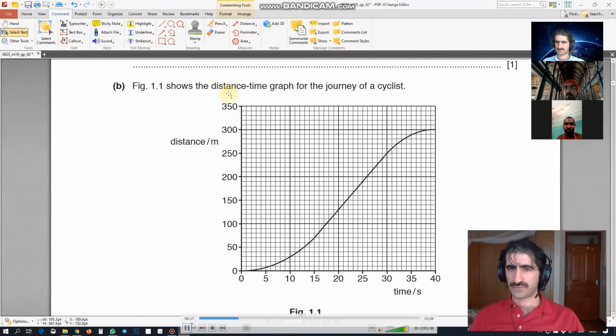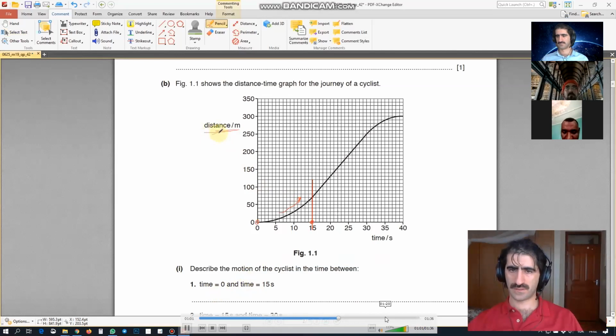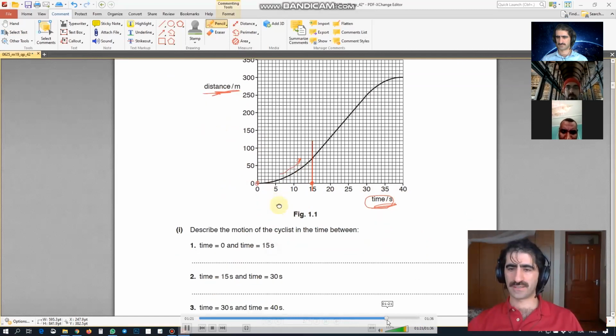Figure 1.1 shows the distance time graph for the journey of a cyclist. Okay, we see the graph. Describe the motion of the cyclist in the time between 0 and time 15. This is a distance time graph. So in a distance time graph, if the graph is curving upward, that means this object is